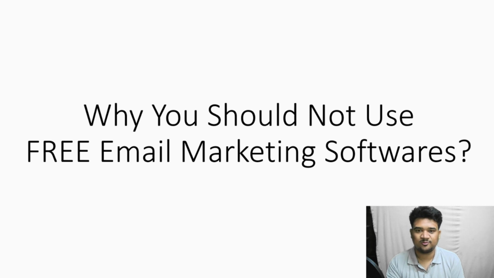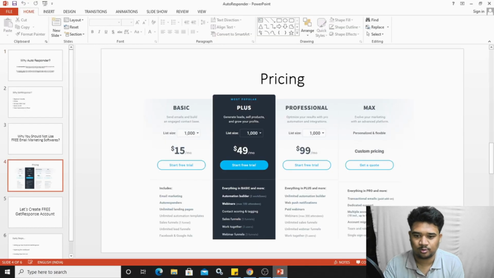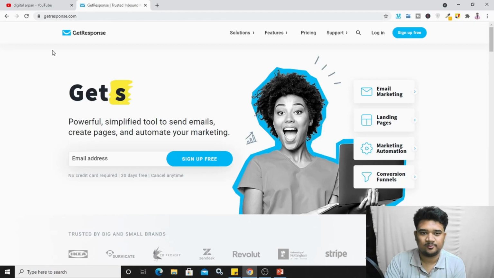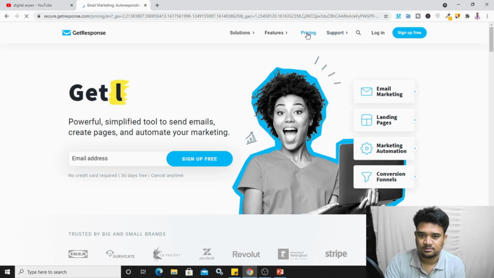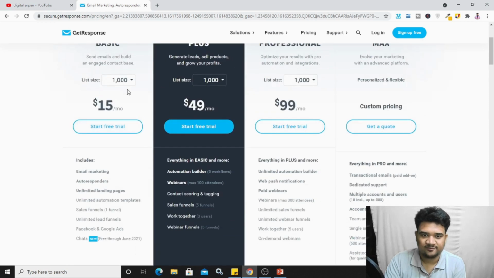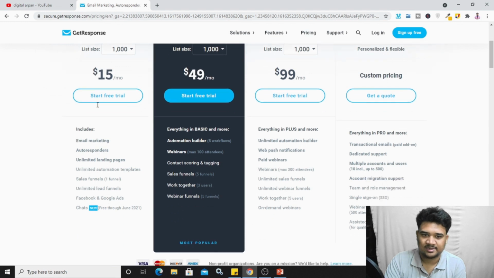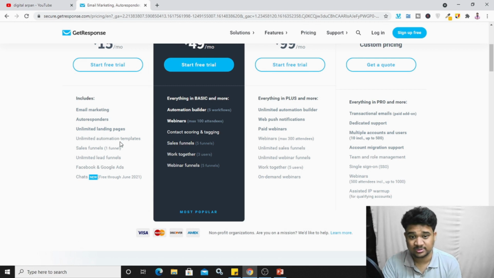Okay, now let's move on to the 4th slide. Here is the pricing of GetResponse. So it's better if I show you on my Chrome browser. Okay, so guys, this is the website of GetResponse. If I click on pricing, here are the basic plan, plus plan, professional and max. Okay, now if you have a list size of less than 1000, you need to pay $15 per month, and this entire plan includes email marketing, autoresponder, unlimited landing pages, unlimited autoresponder automation templates, sales funnel, unlimited funnels, Facebook and